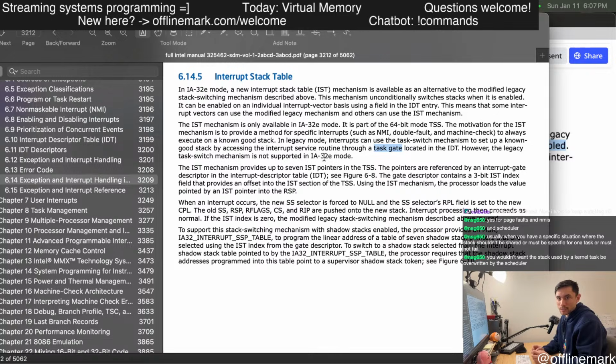Usually when you have a specific situation where the stack shouldn't be shared or must be specific for one task or must not fail, you wouldn't want the stack used by a kernel task to be overwritten by the scheduler. Okay, that's interesting. So there's some specific circumstances where you